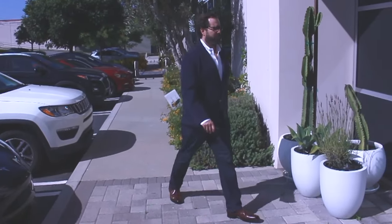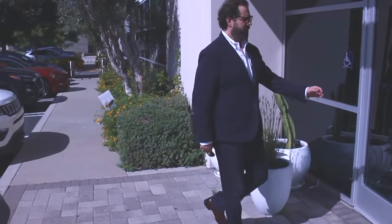1031 exchange is when a real estate investor sells their investment real estate and has the ability to potentially defer a whole bunch of taxes through what's known as a 1031 exchange. It's called 1031 exchange because it's section 1031 of the Internal Revenue Code. And that says that if they sell investment real estate and they buy investment real estate, they can potentially defer